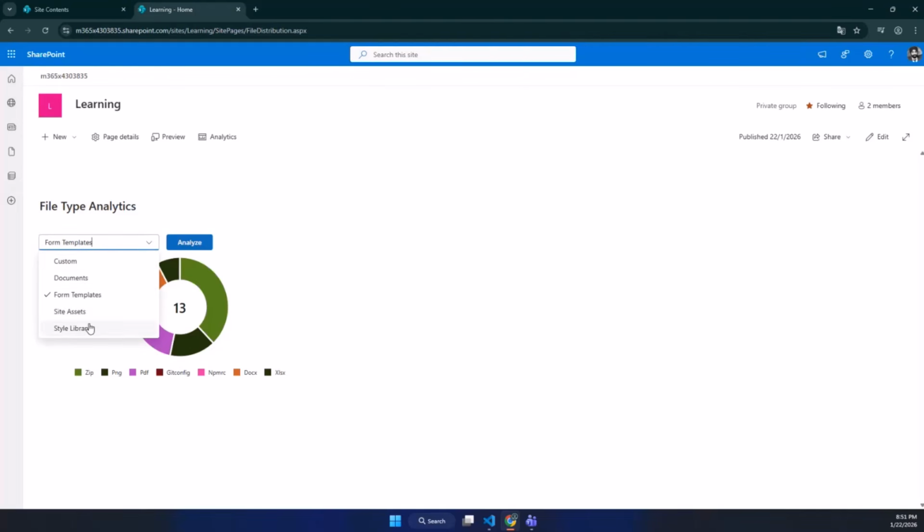If I go to site assets, analyze, yeah, so I have the jpg and pngs. But sometimes what happens is the user thinks that in site assets they can keep any kind of pictures or videos, and from this web part we can always analyze whether users are storing these kinds of assets in the site assets library or not. If I edit this web part